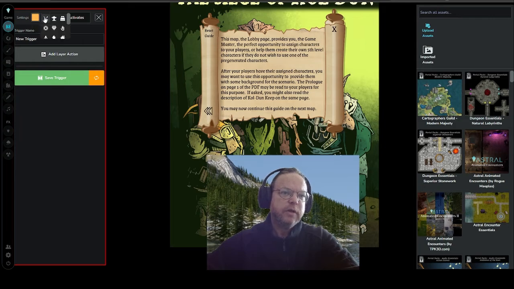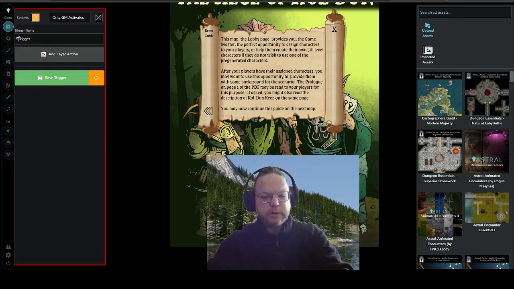So only GM activate is the one I want, because it will prompt the GM if he accidentally clicks it. You need to hide the symbols so that you can read the text below it, and I'm going to leave the color there so that it's visible that it's a trigger on the map. We're going to call this the show guide trigger